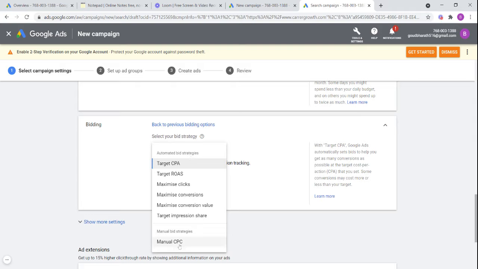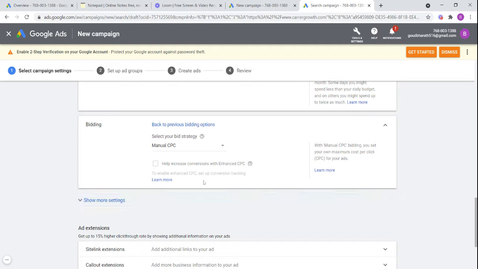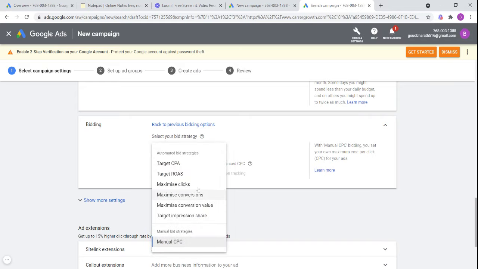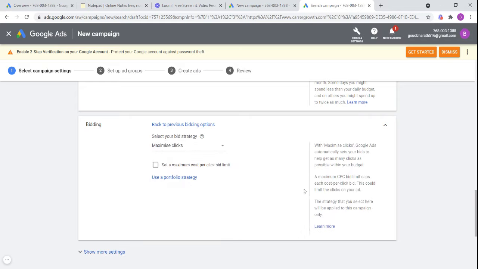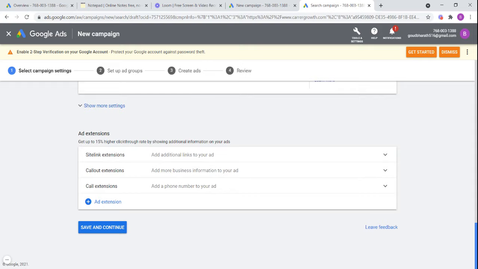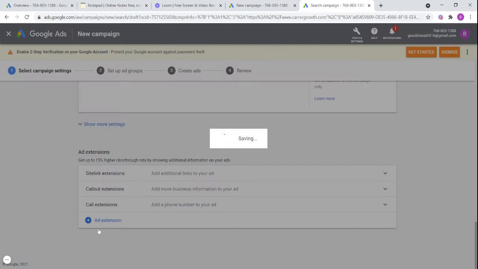If you select manual CPC, we have to select how much you want to spend per click. If you want to spend 10 rupees per click, and 10 people click on your ad, 100 rupees will be deducted from your account. Based on your keyword, your CPC will be decided. I'm going with maximize clicks, so I don't have any confusion here. I will explain site links, call out extensions, everything in the next videos.